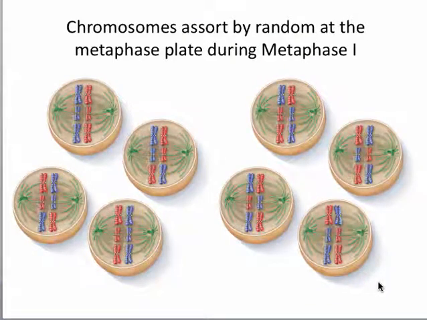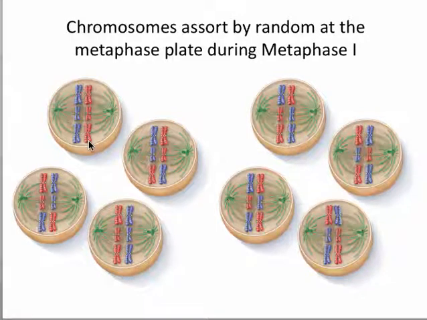And this principle of independent assortment results, in part, from the random orientation of the homologous pairs during metaphase 1. So in meiosis 1 and metaphase 1, the homologous chromosomes come together and face each other at what is called the metaphase plate, so that they align at the center of the cell. And how do they align? Here is the big chromosome from one parent, the big chromosome of the other parent, small chromosome from one parent, small chromosome from the other parent, medium chromosome from one parent, medium chromosome from the